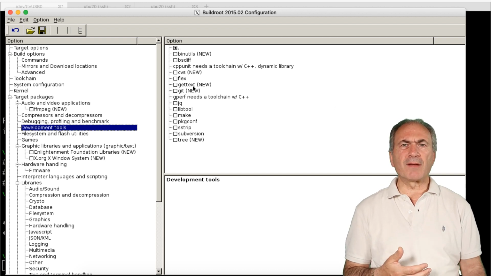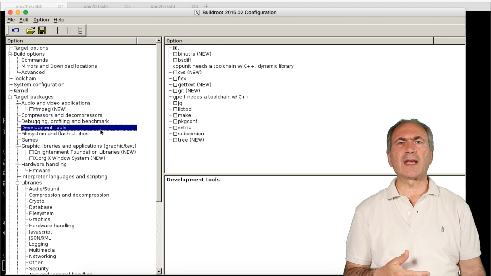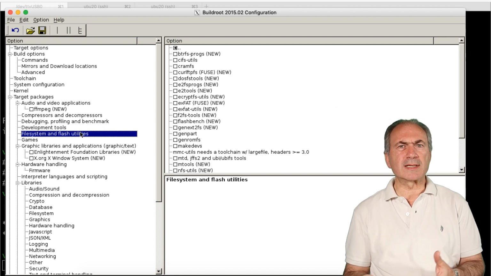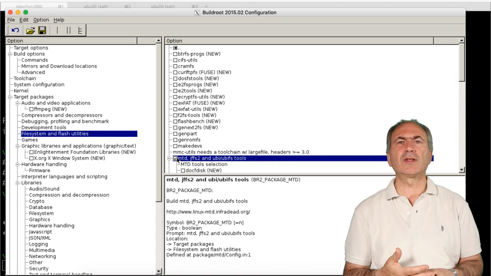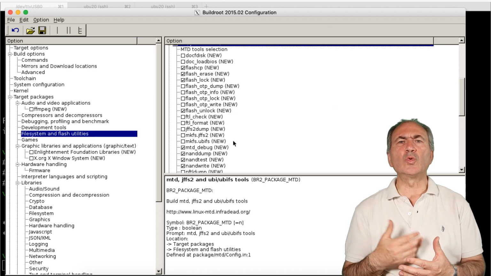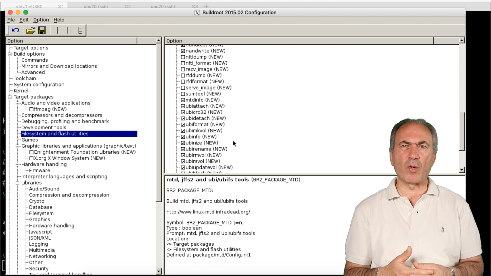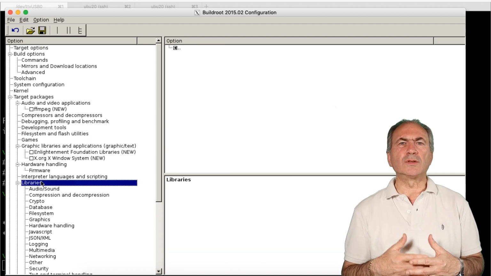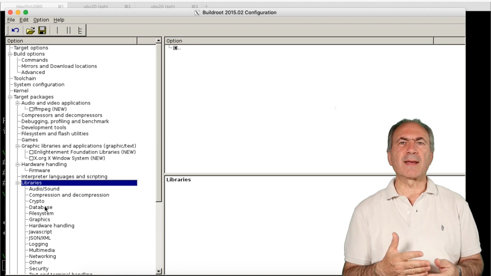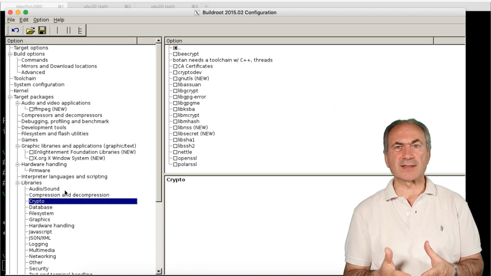In the file system and flash utilities, we want to enable the file system tools and flash utilities that are installed on our sample device and that we want to emulate in our QEMU board. In the libraries section, we want the libraries used by the sample device binaries we are interested in.